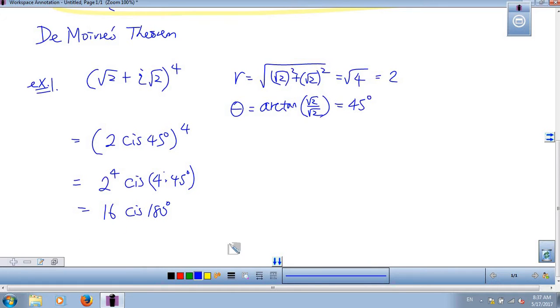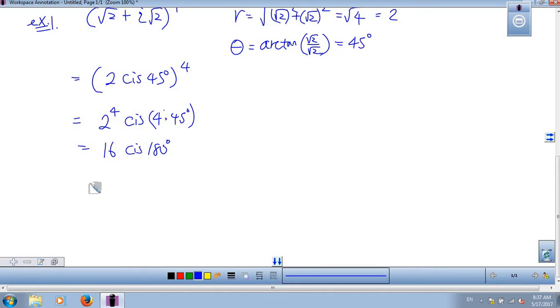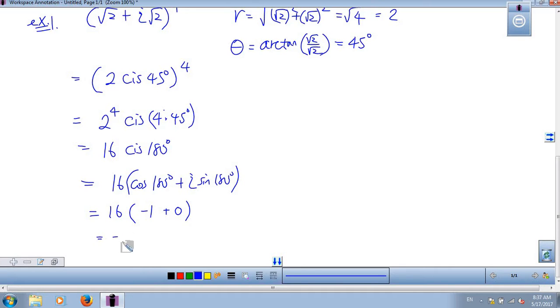So this is the polar form of the answer, and we could convert this back to the rectangular form. Okay, so this is 16 cosine 180 plus i sine 180 degrees. This is the rectangular form: 16 times cosine 180, which is -1, plus i sine 180. Now sine 180 is 0, so 0 times i is still 0. So this is simply -16. So the 4th power of this number, square root 2 plus i square root 2, is equal to -16,